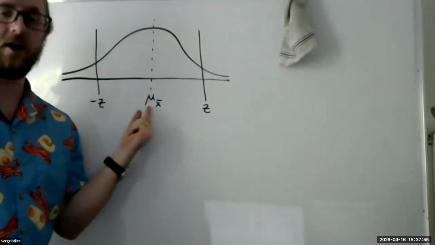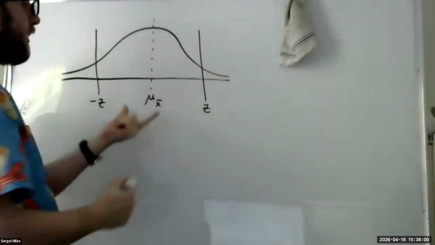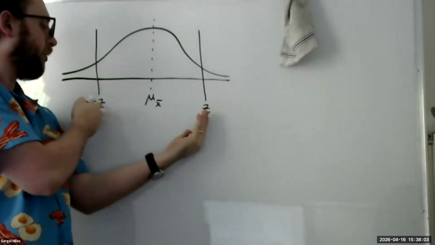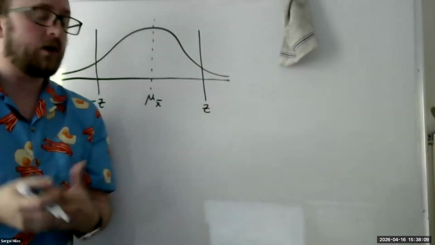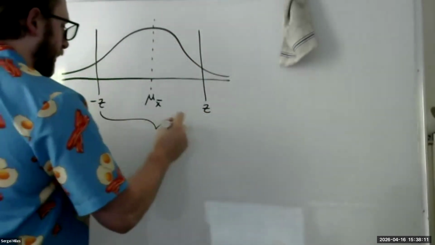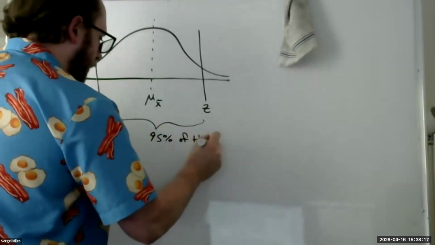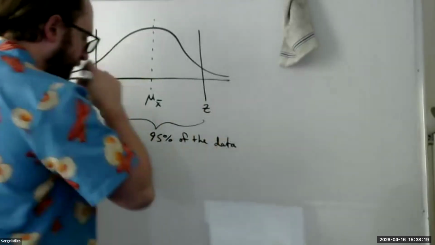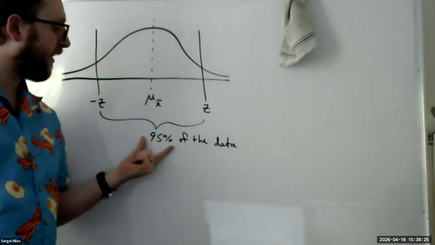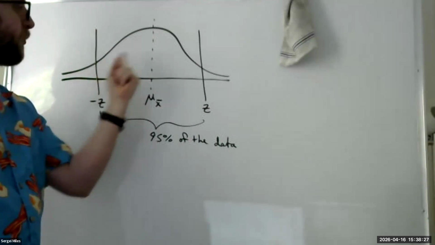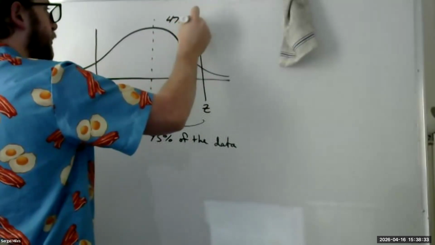If I want to be confident in this region I'm choosing, I want it to include a large window for what the average could be. What would be a large enough window? If this region includes 95% of the data or the population, that's pretty good confidence. I've got 95% confidence that the true average is somewhere in here, in which case I want 47.5% to the right,